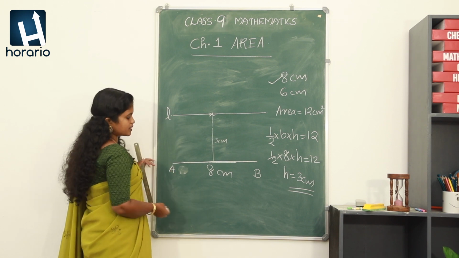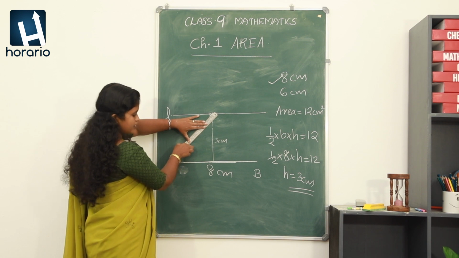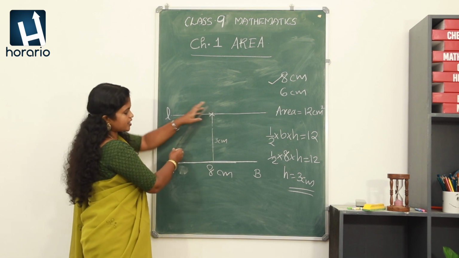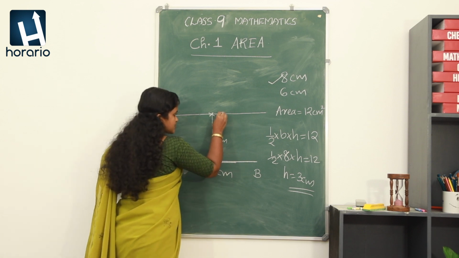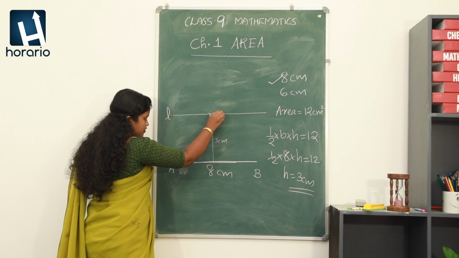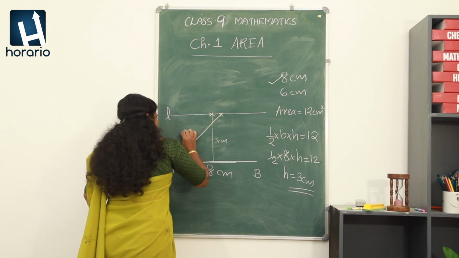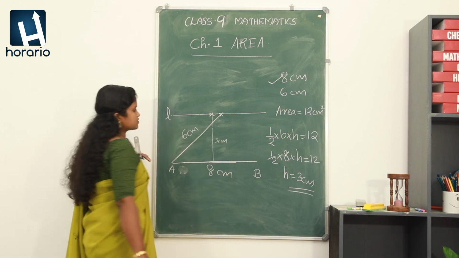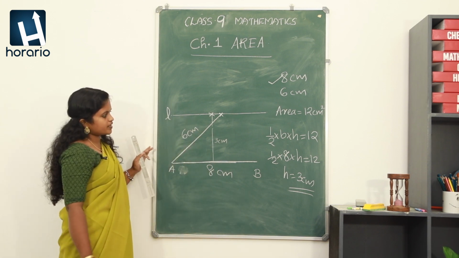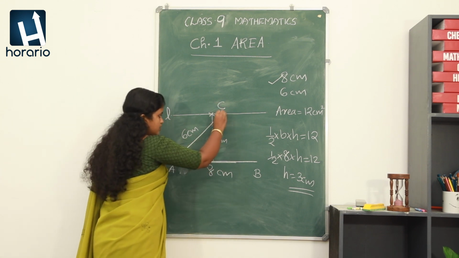So let me mark a 6 centimeter. With the scale you can mark 6 centimeter and you can draw a line from A. Clear? So let me mark this point. Suppose this is the point measuring 6 centimeter from A. We just need to join A. So this is 6 centimeter. Clear? So we got 6 centimeter. Now what we have to do? We have to draw the triangle. Let me name this as C.